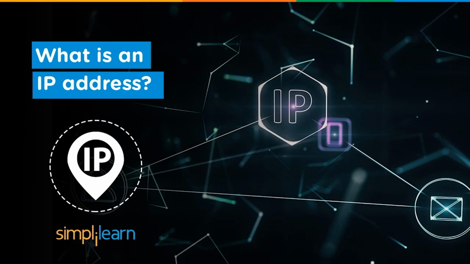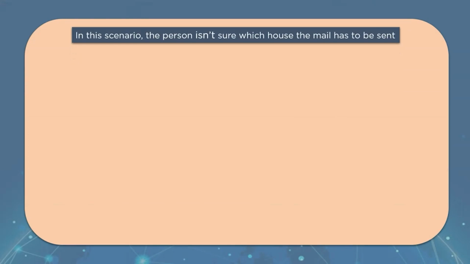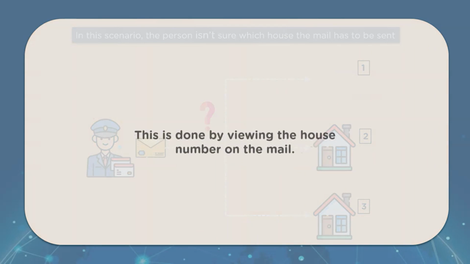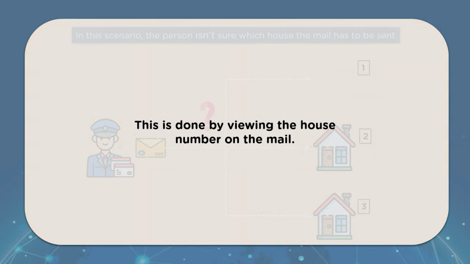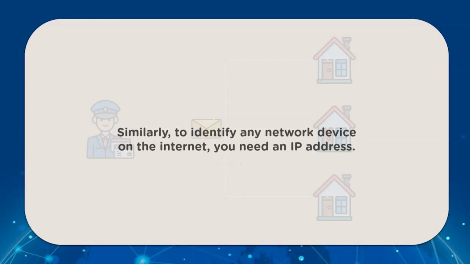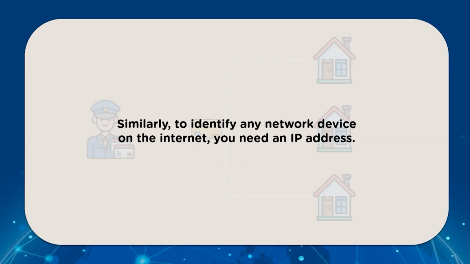To understand the topic much better, let's take a reference. Assuming that a person had to send a letter to a relative's house, but he wasn't sure which house though. So, how can this problem exactly be solved? Well, this problem can be solved if we take a look at the house number mentioned on the mail. On the mail, it seems like the house number is 2. That means the mail would go to house number 2. Similarly, we also have an identification method on the internet that is known as IP address, which is used to identify different mails and the owner of that email address.